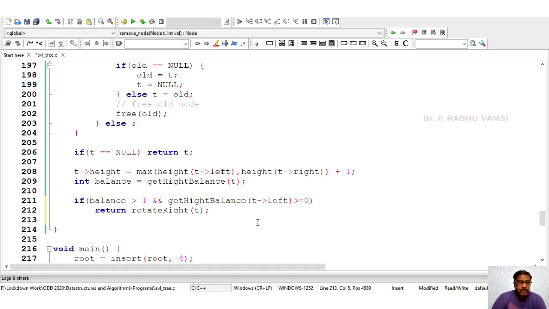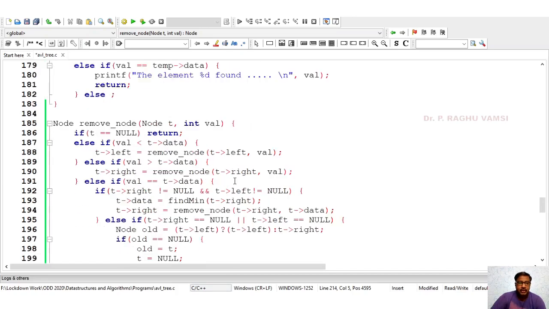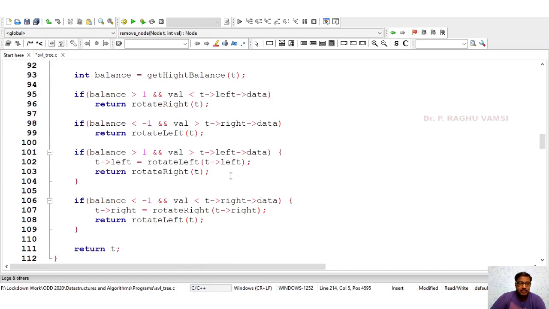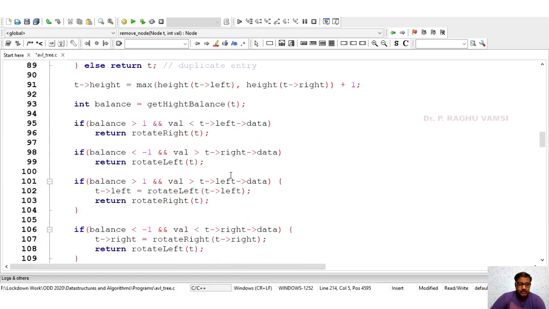Then the next thing that we are supposed to take care of is the next operation that we have seen in the insertion operation. The same thing we are supposed to do here also.